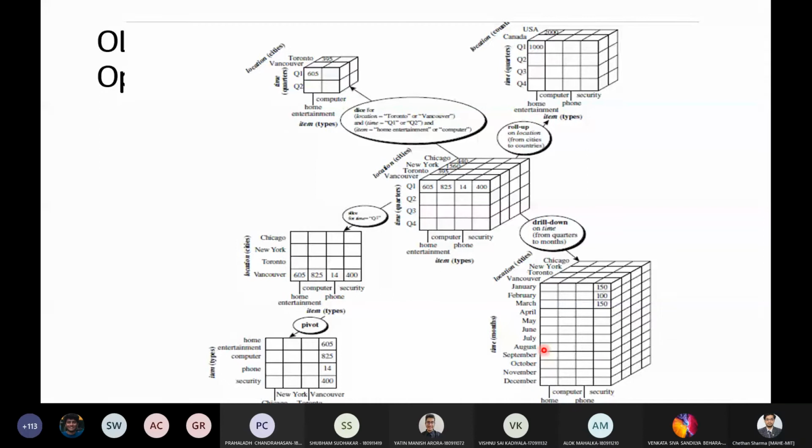Okay. So the next is slice and dice. Here, if you can see, this is the slice operation. This is the original thing, so the slice operation is performed.